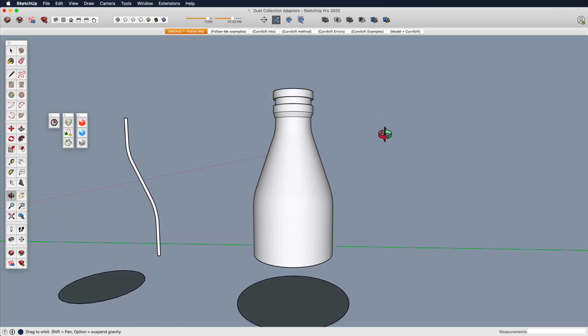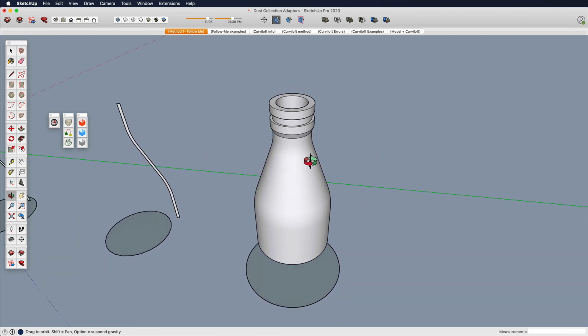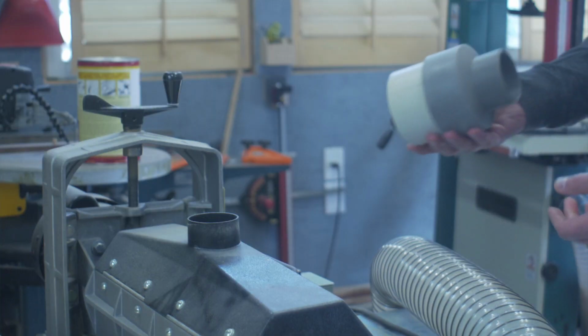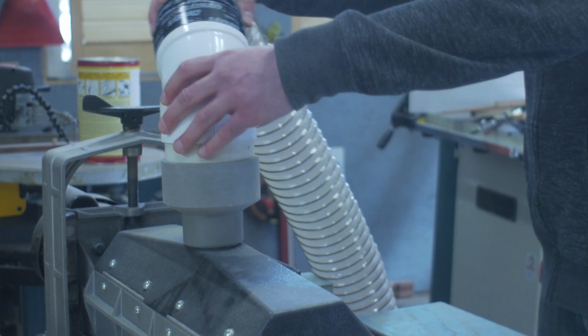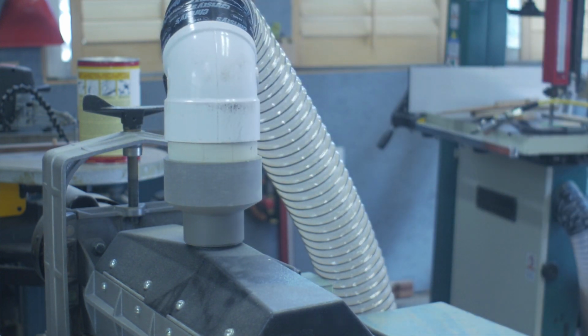So however you need to do it, with Follow Me you'll get a lot of pieces out of just doing this, because usually you're just adapting from a larger piece, say this 4-inch pipe, down to a 2-inch hose. And so this is gonna be all you need. Now in some cases,